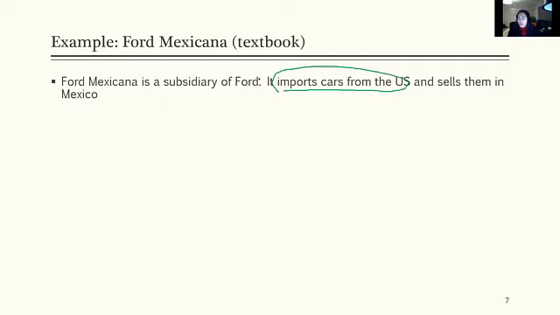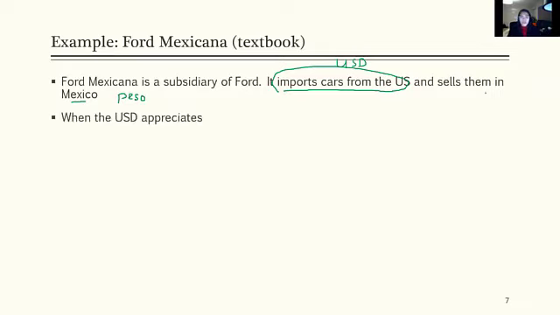They take Ford cars in the US and they sell them in Mexico, okay? So here I've got a business model where my expenses are denominated in the USD because I produce cars in the US, right? And then I sell them to the Mexican consumers, okay? So here my income is in the peso,